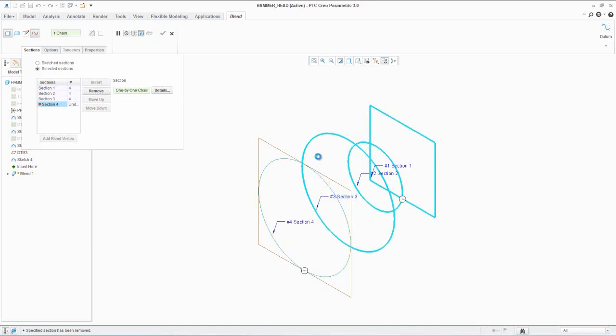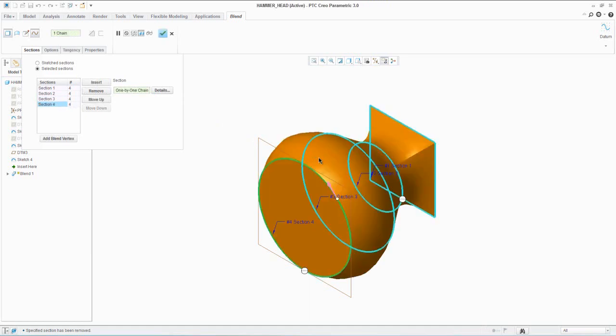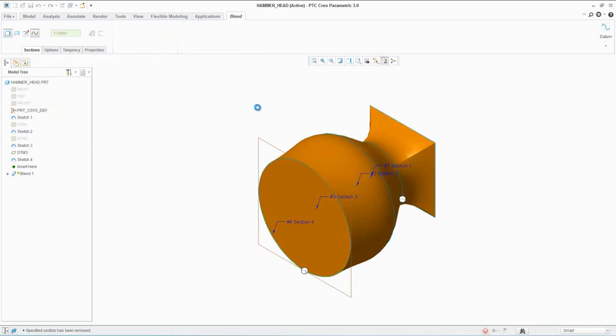Insert this last sketch and here select normal. Click the green check mark to apply and save all the settings.